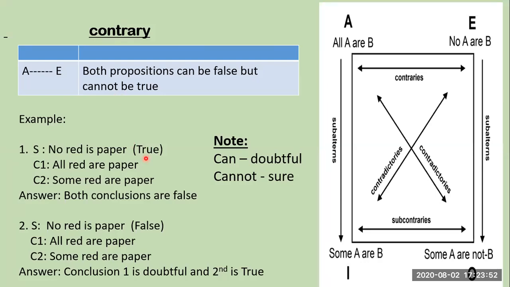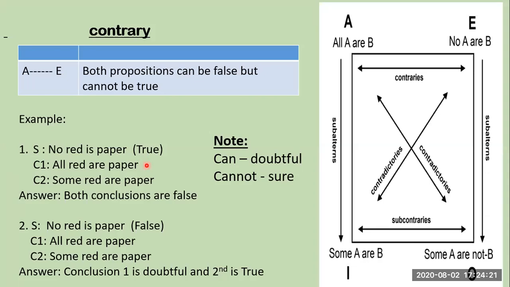So we are using the second rule here, but both cannot be true. So whenever it is "cannot", it is a sure. You can see here, this statement is false then, because both cannot be true. Both cannot be true means there is no chance that both are correct; if one is correct, the other will be wrong. So if this is true, this should be false. Clear? So conclusion one is false. We got the answer for this: false.